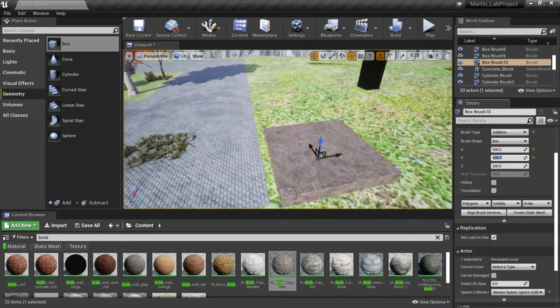Tab, 500, and I do need to make the box thicker so that it does stick up out of this, so that we can use this as a subtractive. This is going to be the hole that we're creating. So let's make this 300,